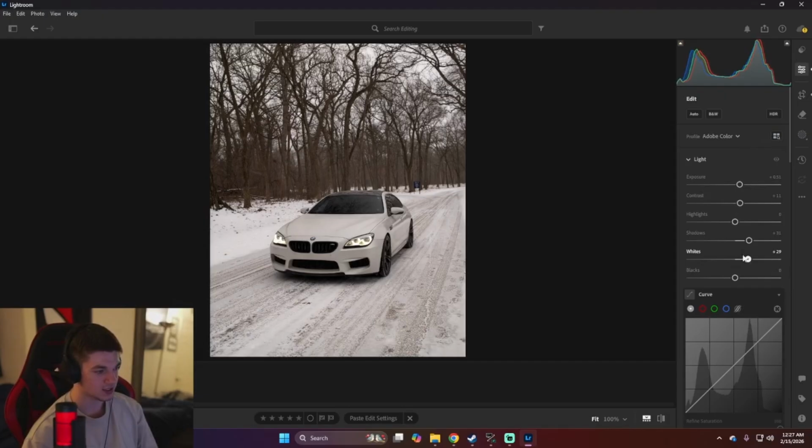For the whites, I'm definitely going to pop these up. And then as I pop up these whites to bring out a little bit of a brighter image, the headlights that I did expose for do get a little brighter, so I might turn that down now, whereas before I didn't. For the blacks, I'm actually going to pop this up a little bit,